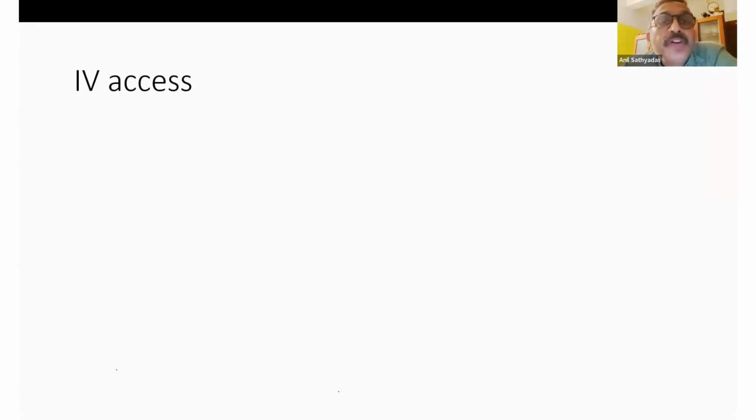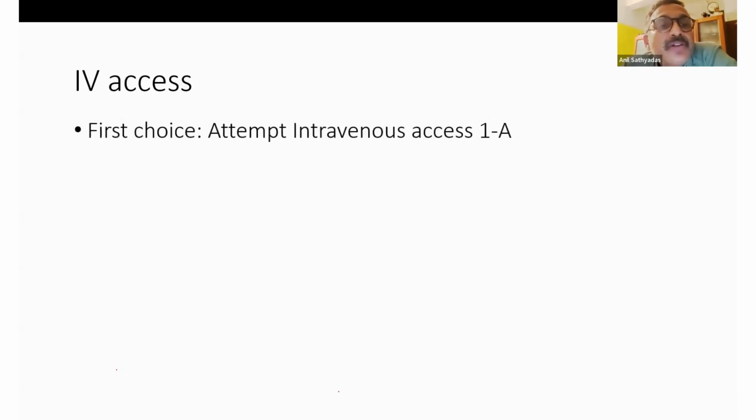And this is the 2025 update regarding the access. So in 2020, they said that intravenous is equivalent to intraosseous. But the studies have found that when they gave intraosseous, see, these guidelines are applicable for lay rescuers also, or people who are not doctors or who are not well versed in putting an IV cannula. So the problem with this is that when they gave intraosseous, the drug did not work well, and those patients had a bad outcome. So here they very clearly say 1A, class of recommendation is 1.